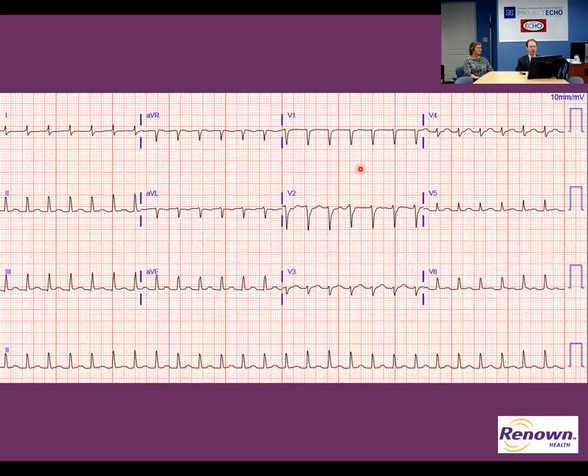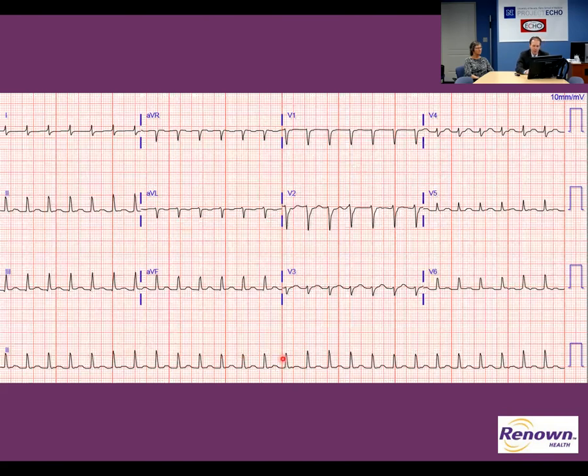So what we have here, just to start out, is a narrow complex tachyarrhythmia. When you have tachyarrhythmias, you have sort of a branch point. You have wide complex tachycardia and narrow complex tachycardia. Wide is ventricular, could be supraventricular, and narrow is supraventricular, some family of supraventricular tachycardia. We're not going to go through all that because we just did last month and we will again in the future. But I will say that if you look at this, if you march out the QRS complexes, it is quite regular.